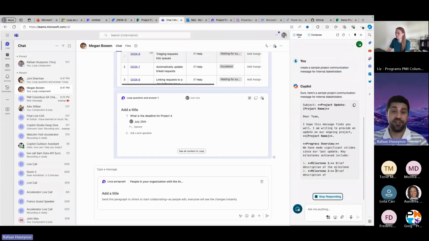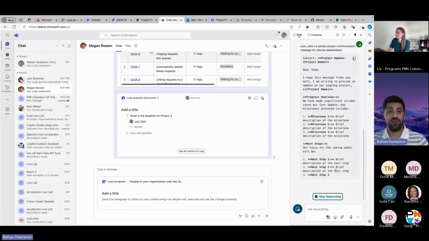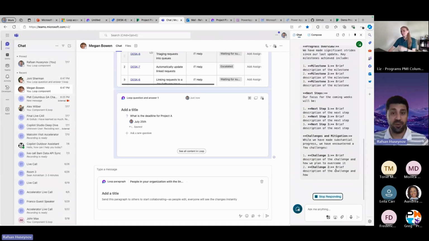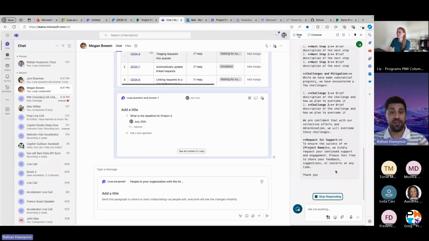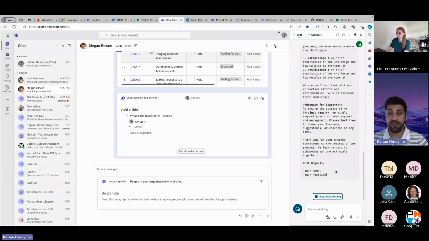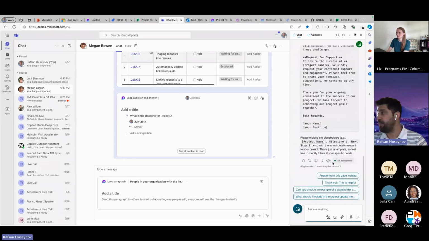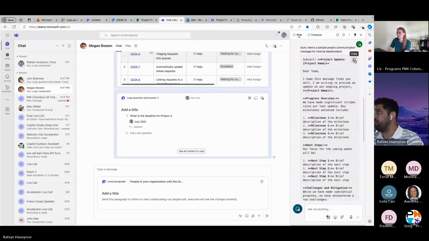So project communication is very important. Every time I create something, I need to make sure that our communication specialist reviews it. Then there are a couple of people who review, they provide feedback, and then when it's approved, we can communicate it, because a lot of the time I communicate with the executive people. So I don't have to create any Word document. I can just simply come here,